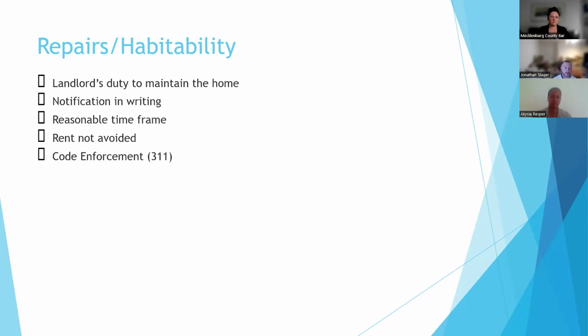And another tool that can be used is code enforcement. Code enforcement will come out and inspect a premises. There are quite a number of inspectors that will come out and just look at all the different problems in a house. So a tenant can call 311 and have someone come out. And if the tenant's at the home at the time of the inspection, they can direct the inspector's attention to certain problems. But the inspectors will look for any number of things that are going wrong, things like wiring, infestations, appliances not working, mold, things like that.